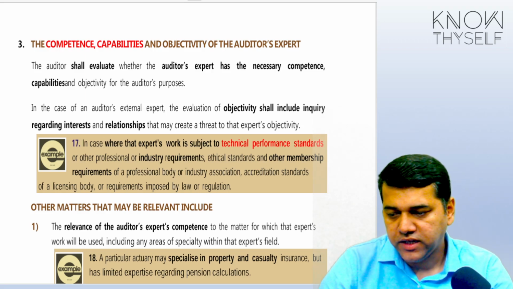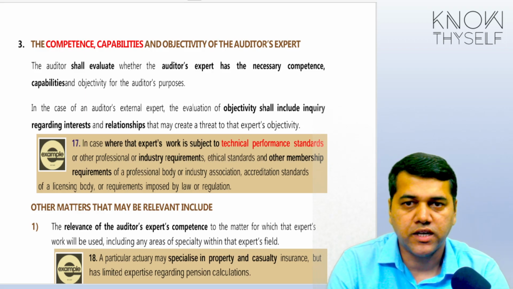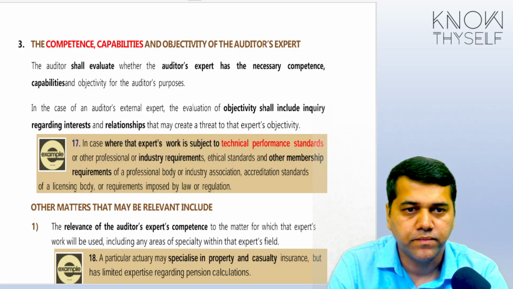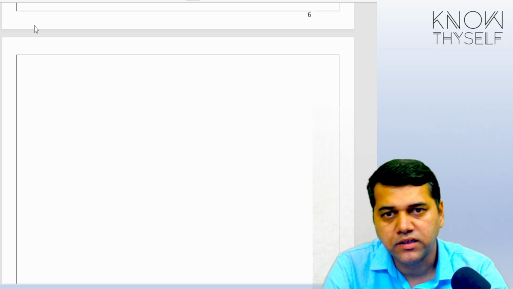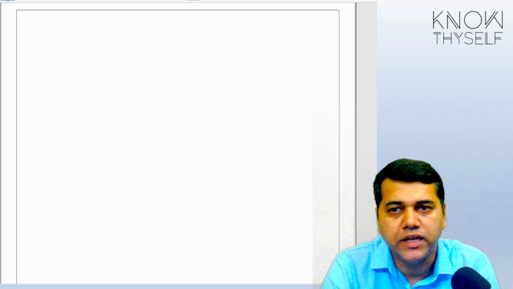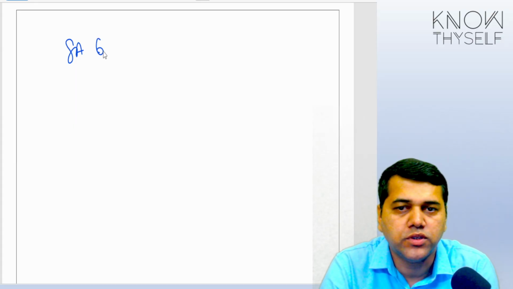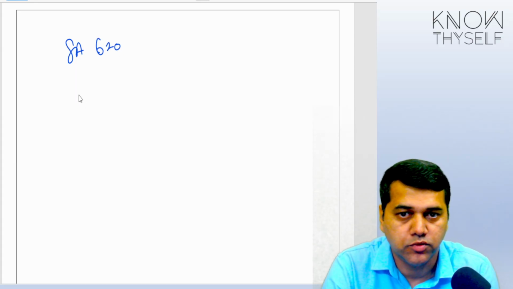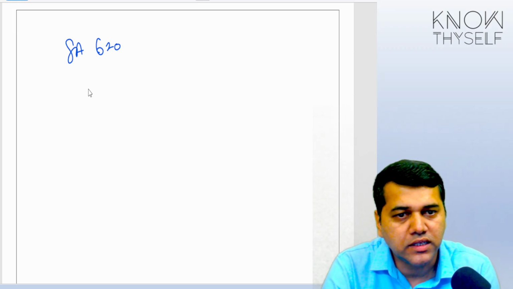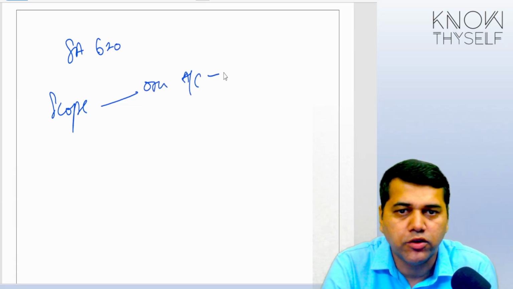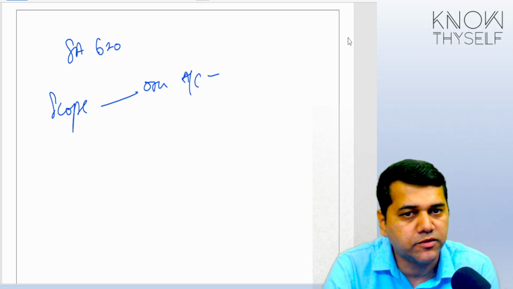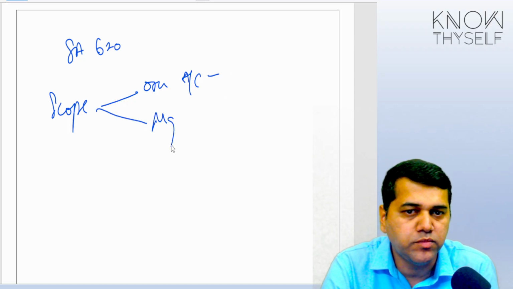Yes, students. In the previous session, we had started with SA 620. Let us quickly have a recap of what we had learned. In SA 620, we spoke about the scope. Scope is other than accounting and auditing. When you talk about scope, other than accounting and auditing, that expertise relates to, and a management expert is